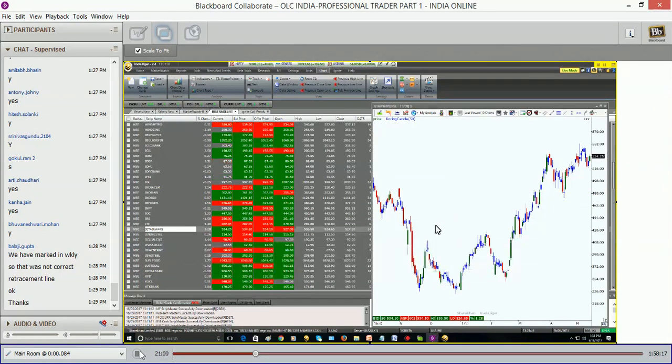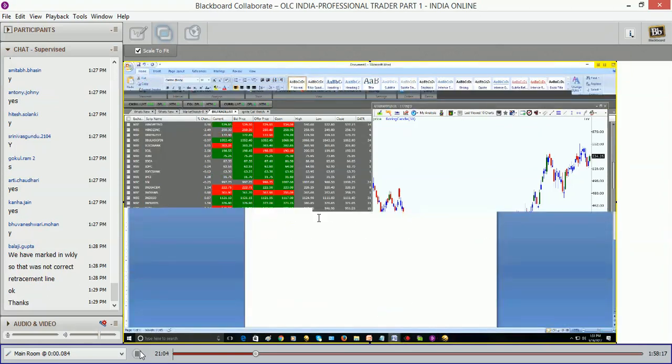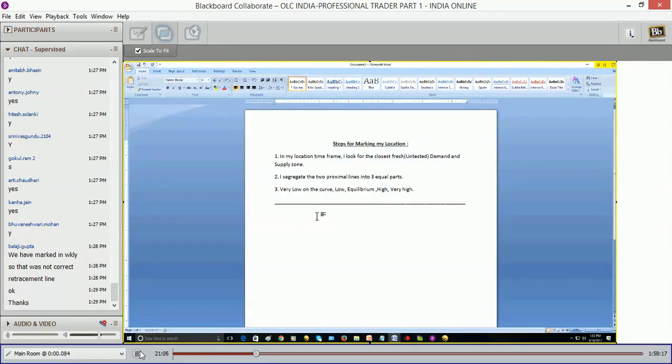So let's go ahead and let me teach you the other concept. The other concept says that if there is no opposing demand zone or no supply zone on the location time frame,